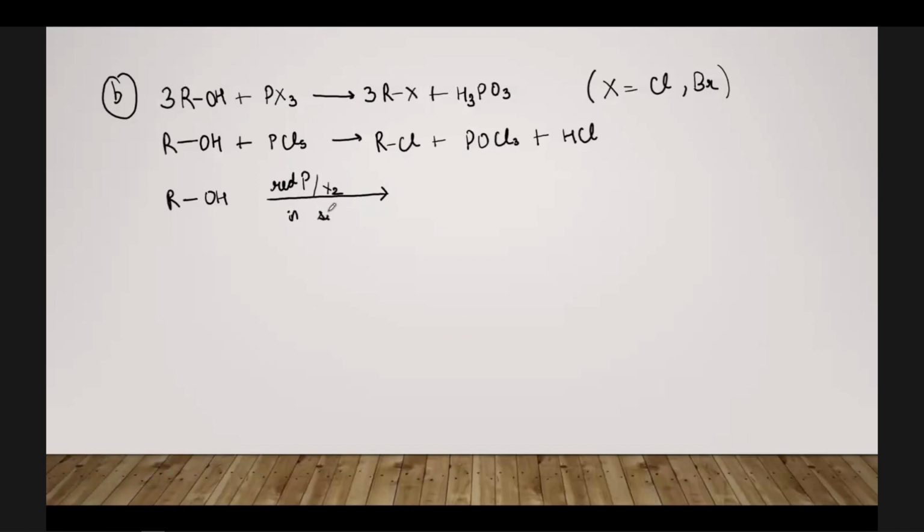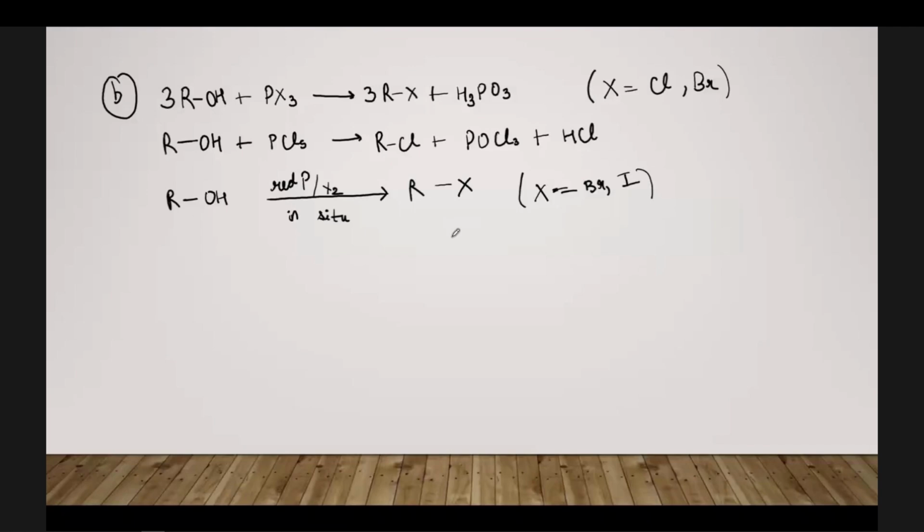So in this reaction, it says in situ, and we will get RX. Now, this reaction is applicable only for X equal to bromine and iodine, and not for chlorine. Why? Because the phosphorus halides, like phosphorus bromides and phosphorus iodides, are not very stable compounds. So what we do here is prepare the phosphorus halide, these bromides and iodides, during the reaction itself.